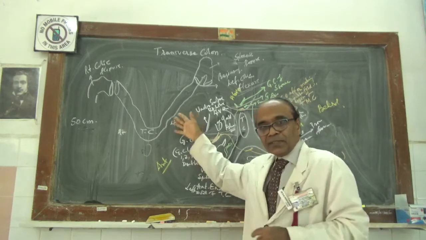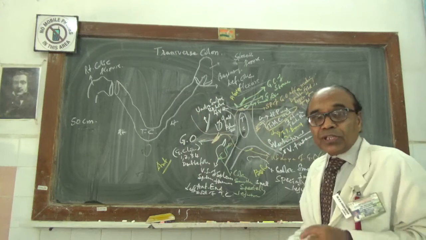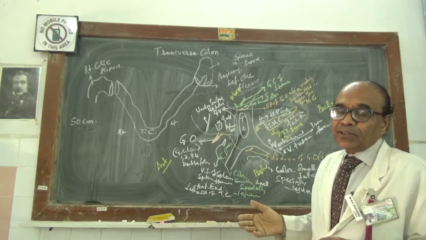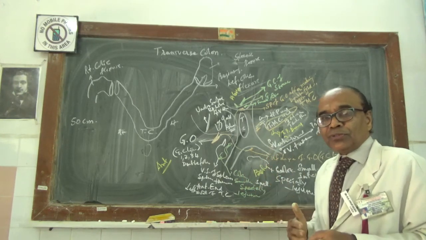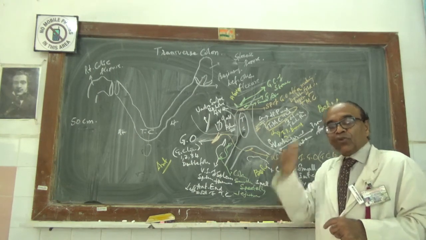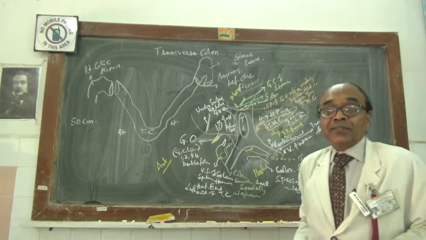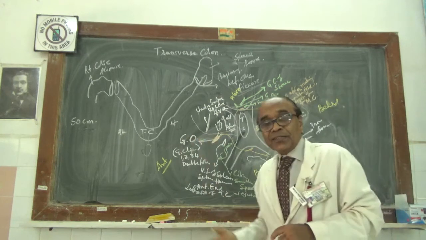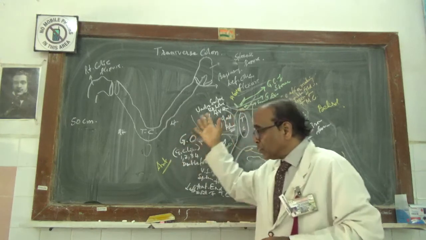In the same pattern, the left part of the transverse colon will be totally drained from interior to exterior by the what? Colic veins. It will be going from the unnamed into the primary, secondary, tertiary, goes into the left colic, into the inferior mesenteric vein, it goes into that. Now so this is the thing.